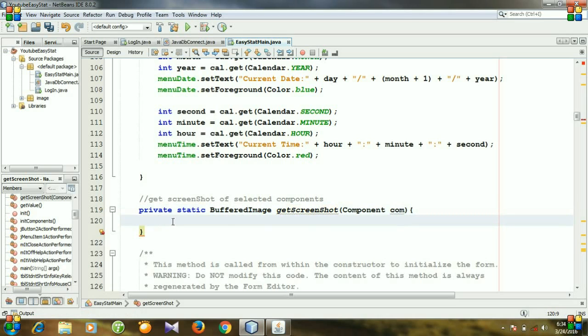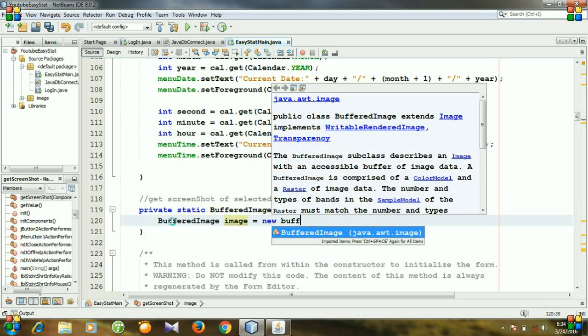And then we need to write BufferedImage, and here is our image equal to new BufferedImage.